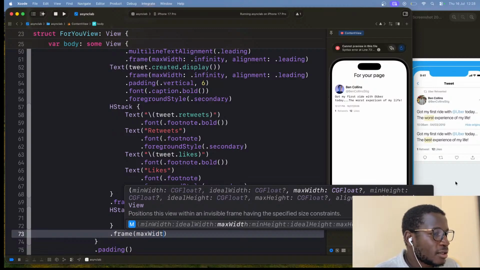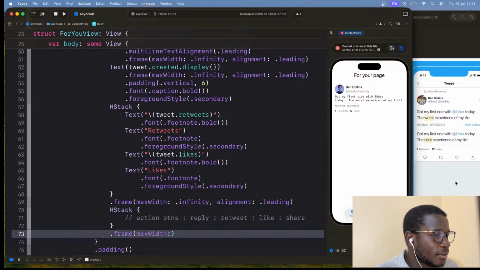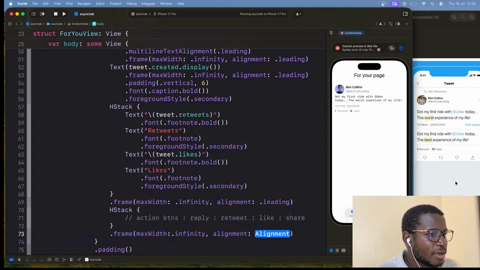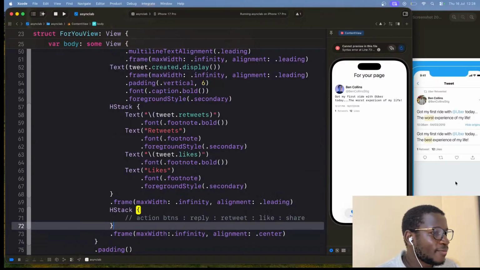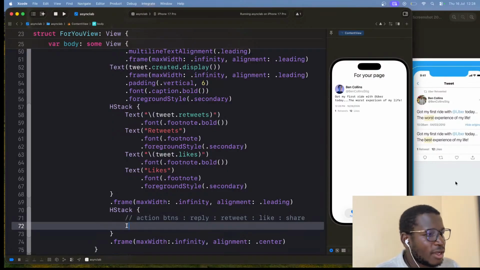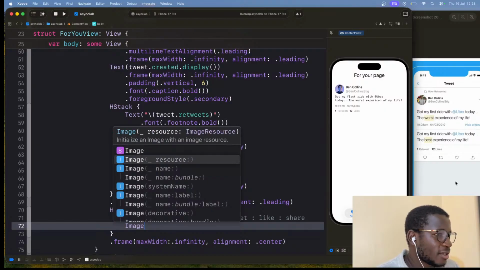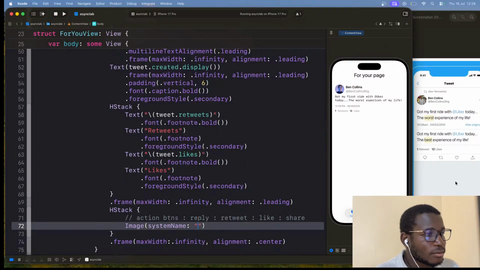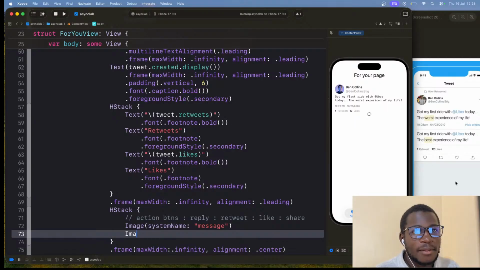Max width, infinity, alignment, center this time, and we can have the specific icons. Message maybe. And then the other one is